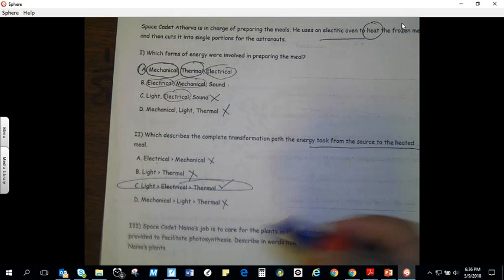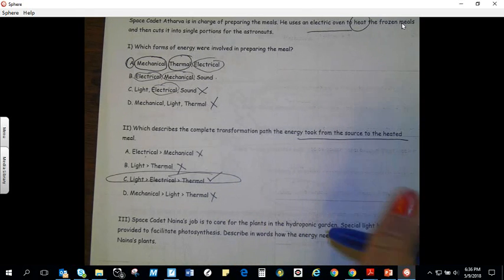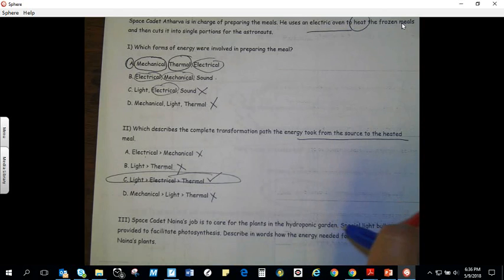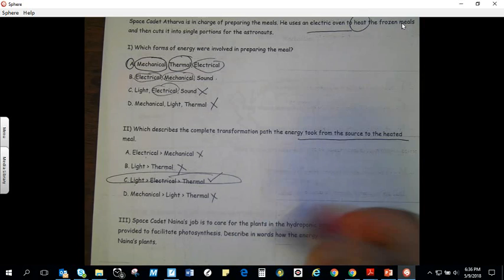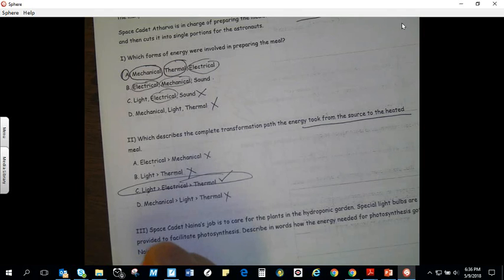All right, Space Cadet Nanya's job is to care for the plants in the hydroponic garden. Special light bulbs are provided to facilitate photosynthesis. Now you've seen these. Some plants, when you keep them indoors, they have to have special lighting, and then they create their photosynthesis in order for them to stay alive. Describe in words how the energy needed for photosynthesis got to the plants. And so what happens is that the light energy